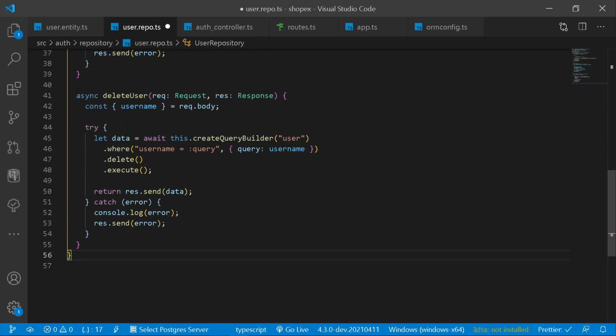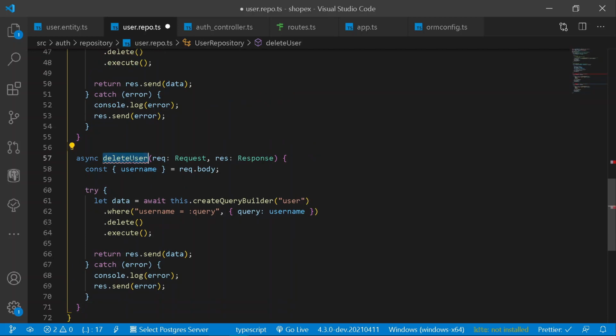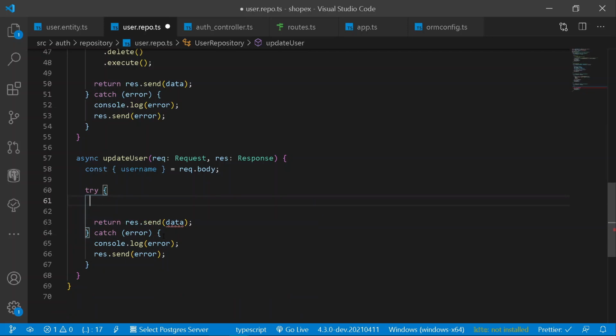So let's also take a look over how to update all of our data. So let's copy the following method, paste it here. But here I will be having a method of update user. Let's remove our entire query from here. We don't need that. Let's go at the bottom.